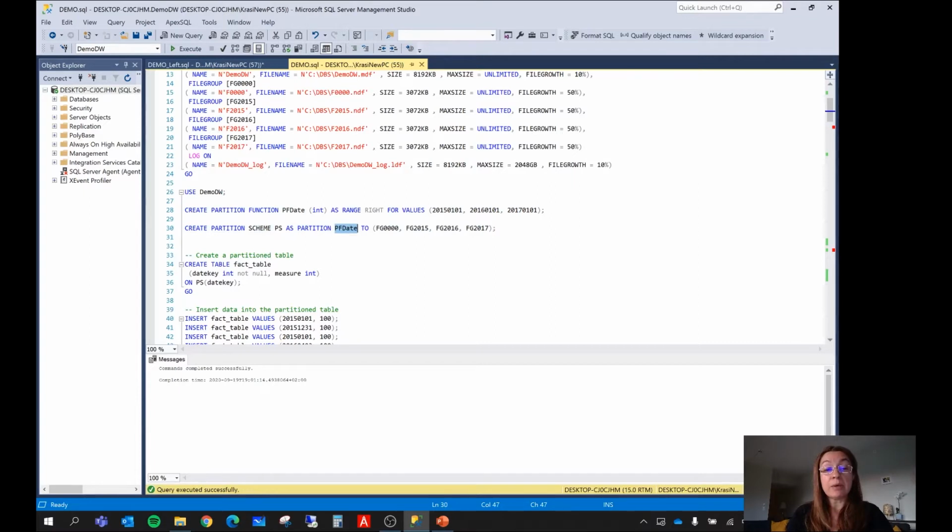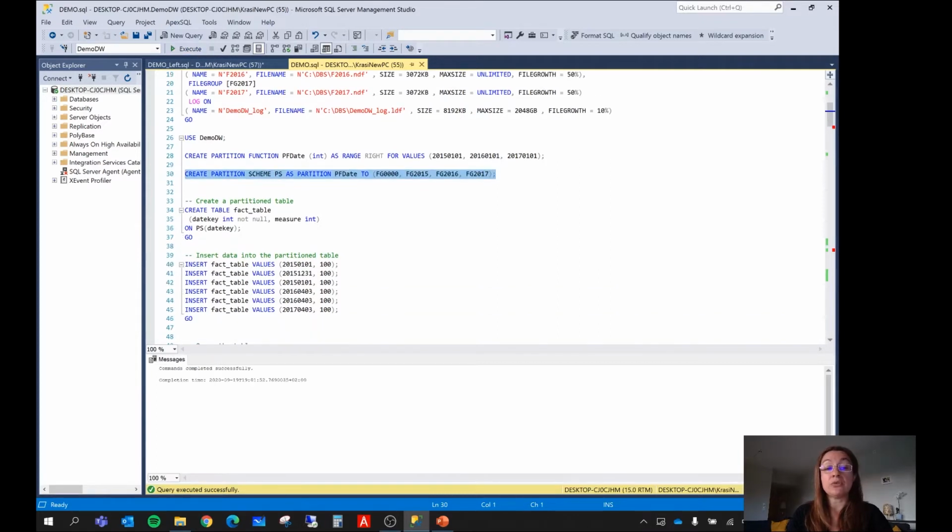So the partition scheme will be created for that partition function, and the mapping will go like this. Partition number 1 will map to all the data which have their integer column before that value. Then I will map this filegroup to the first boundary, or second interval, and so on and so forth. So I'm creating my partition scheme,